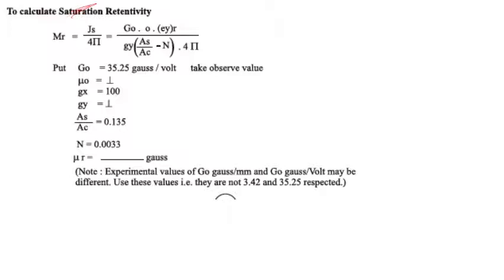And finally we can calculate the retentivity. There is no saturation retentivity, this is just retentivity. Retentivity is the magnetization that is retained when the external magnetic field is removed from that sample. So it can be calculated by Z0 into mu0 into Ey into R. So we can easily get this value, all these values are known to us. Mu0 is a constant, that is known to us, and its value is 1, which we can put here and finally get the answer. So by using all these values, we can finally calculate these quantities.